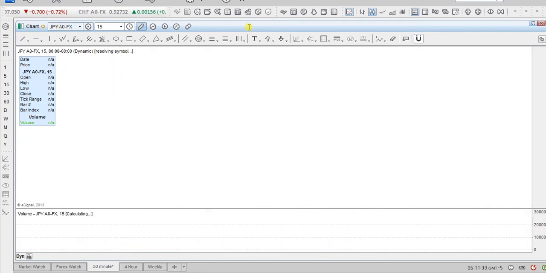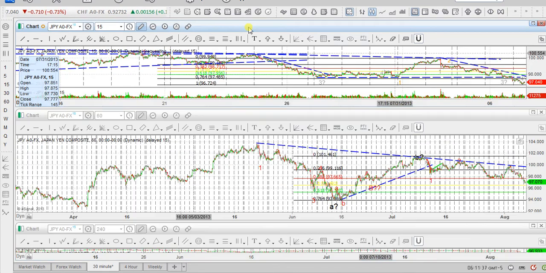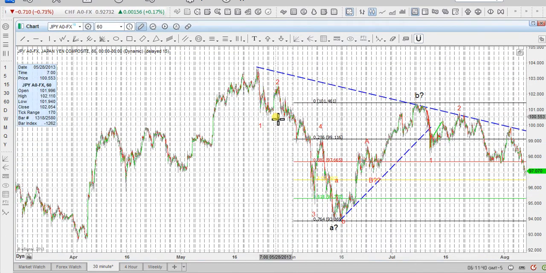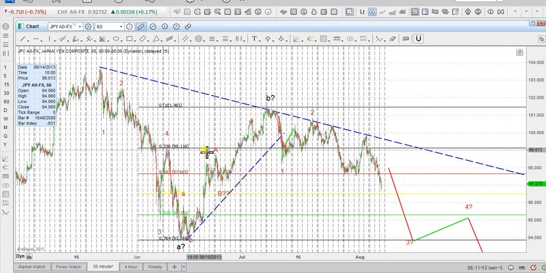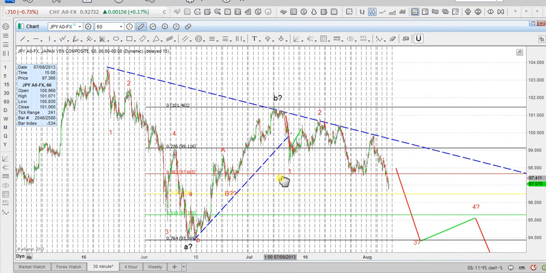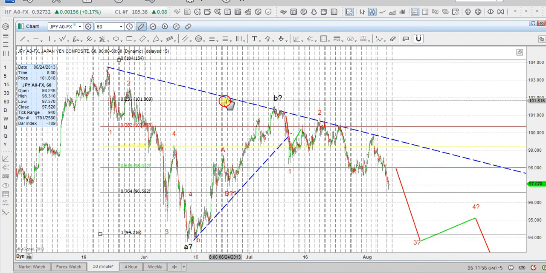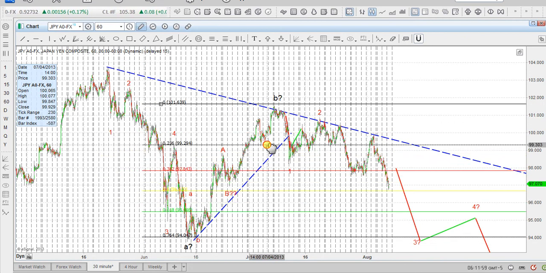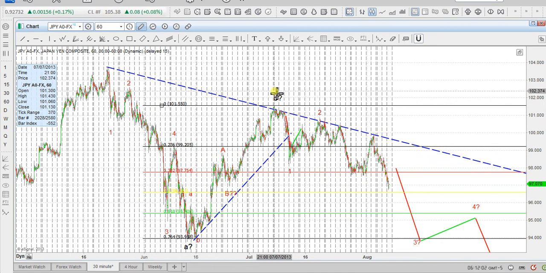Now switching gears over to the dollar yen, first let's take a brief look at the hourly charts just to get an overview of what this was doing. With this pair, we had noticed that we were in that corrective phase. We had wave A down, B up. B did a 76% correction, I believe, and then wave C had begun. Within wave C, we had wave 1 completed, and we were looking to get short on that wave 2, which we did at 100.4. That's the area we entered short,